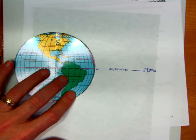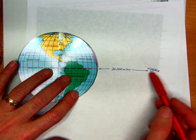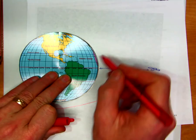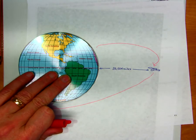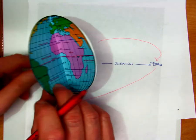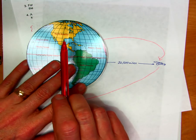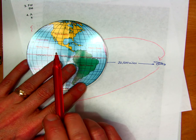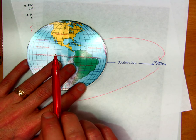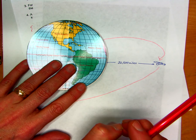The reason it's located that far out is because as it orbits the Earth at this distance, it takes 1 full day to orbit the Earth. Of course, at that same time, the Earth is also rotating. So as that satellite is orbiting, the Earth is rotating, so the satellite ends up being always right at the same spot in our sky. It looks like it doesn't move in our sky. I mean, it's actually moving. It orbits once a day, but because the Earth spins once a day,